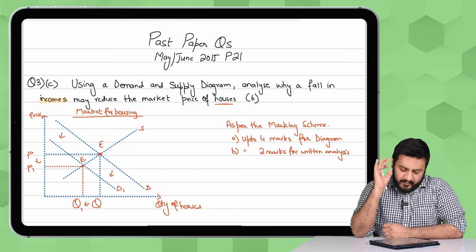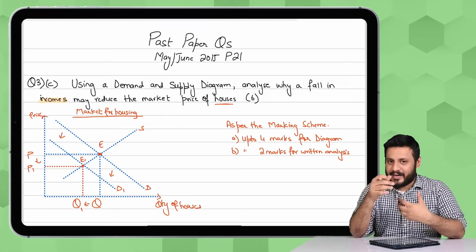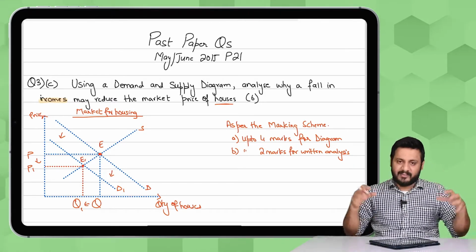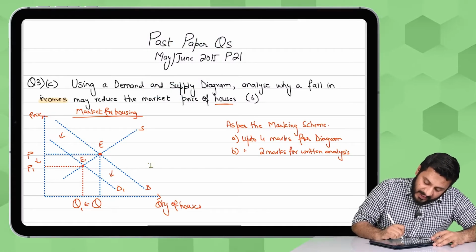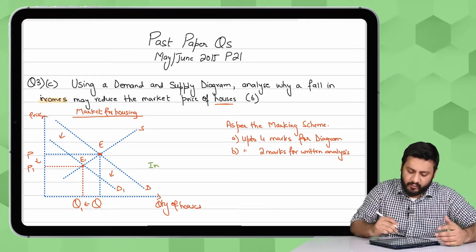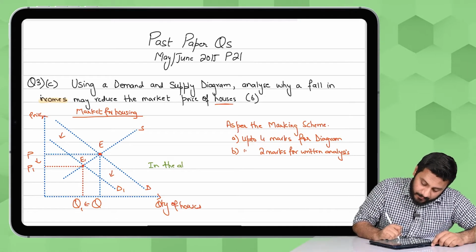Okay, great stuff, excellent, understood. Now what about how to explain that, how to analyze that, right? How do we form a written explanation of all this? So what are we going to write? First thing that we will write is, in the above diagram, or in the below diagram, wherever we have drawn, as far as the explanation is concerned, in the above diagram, let's say,